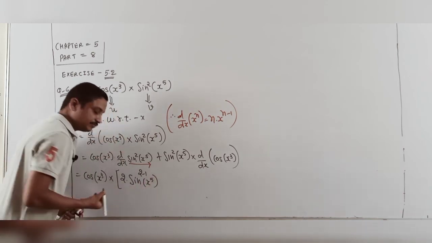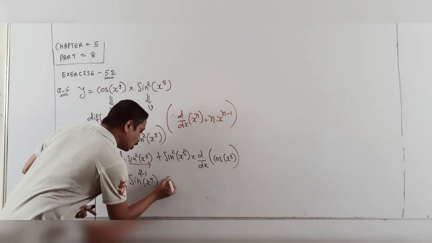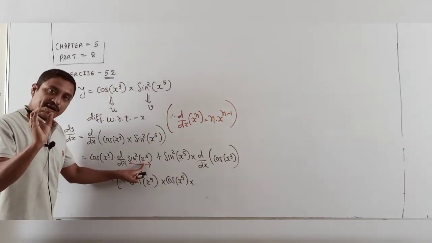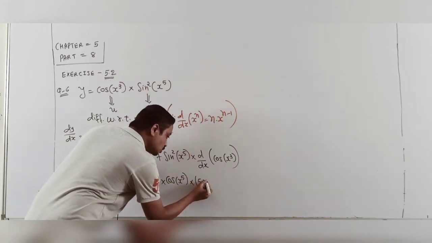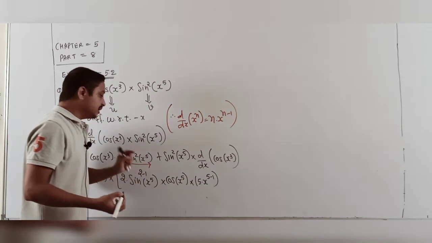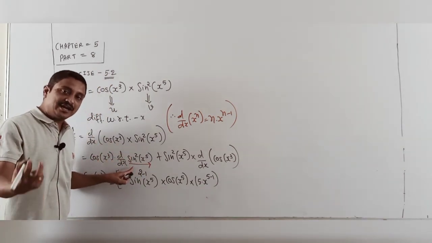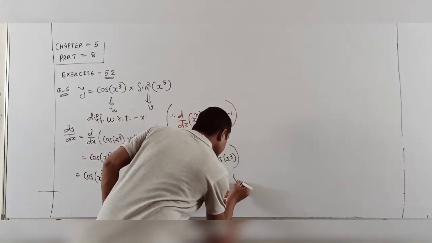Internal function same. Into now sin derivative. It is cos into now x raised to 5 derivative. This formula again apply. 5 x raised to 5 minus 1. Here done. So first power derivative, after that sin, and after that x raised to 5, plus here same sin